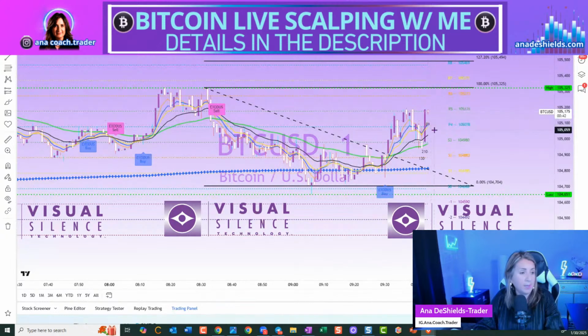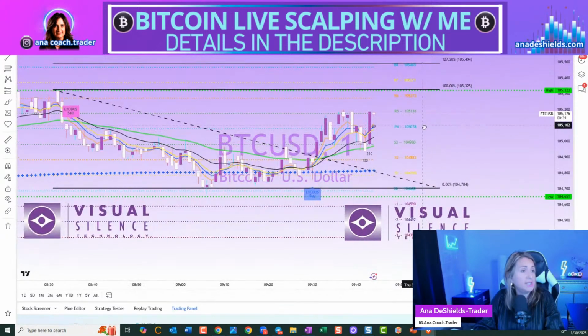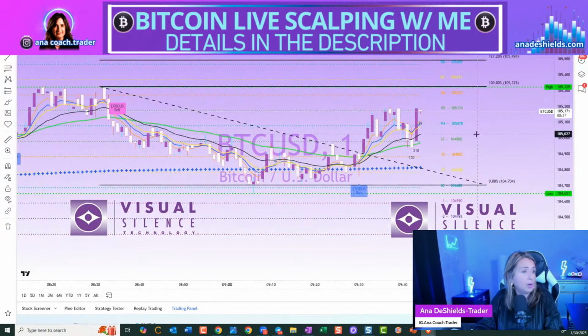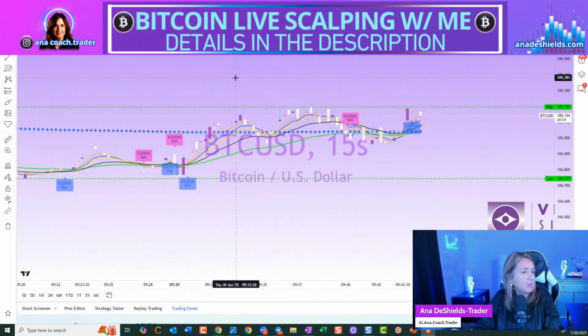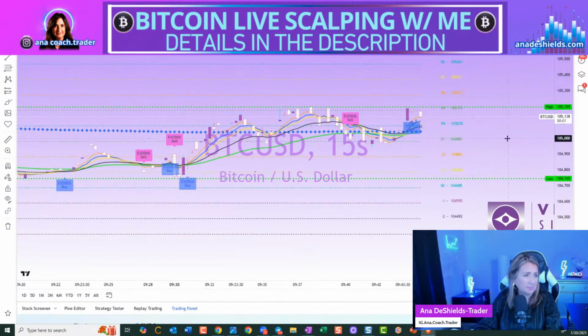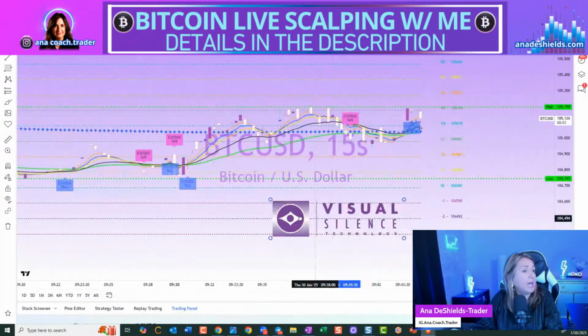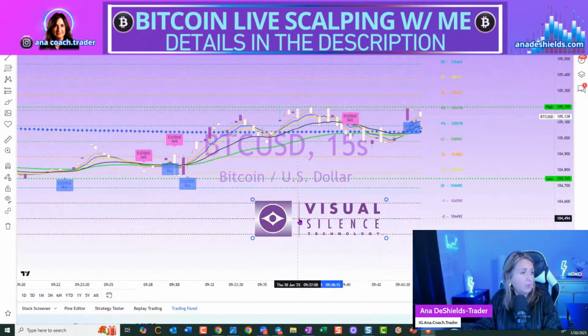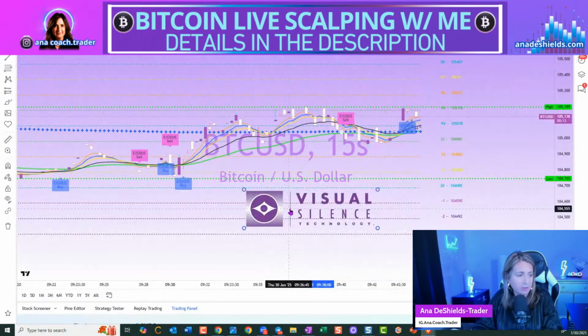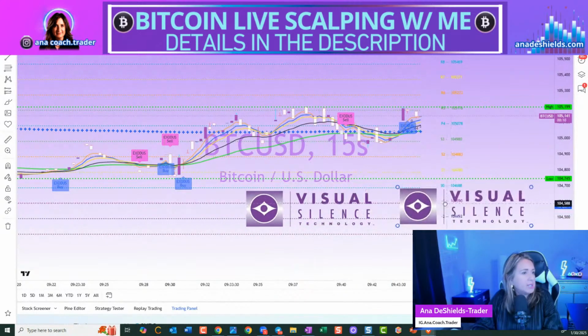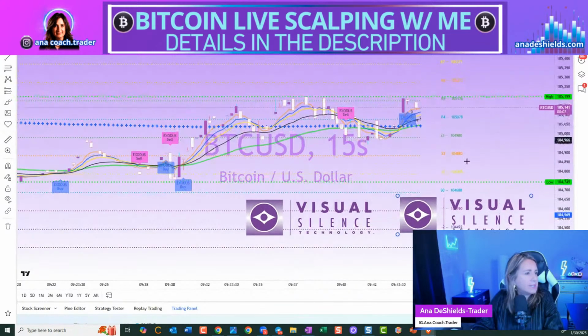Usually when you have a big bar like this, traders, you should see more. But this is a nice zone. She may just consolidate, meaning going back and forth. It's 240 points. If we look at the lower time frame on the 15-second, we'll have a lot more information on what is really going on and how fast we can grab that. So let's see what's going on the 15-second.